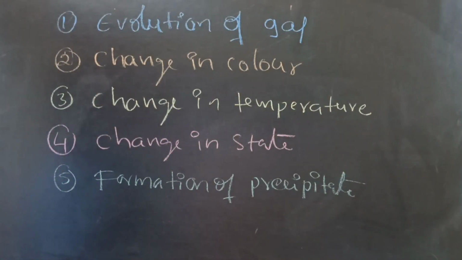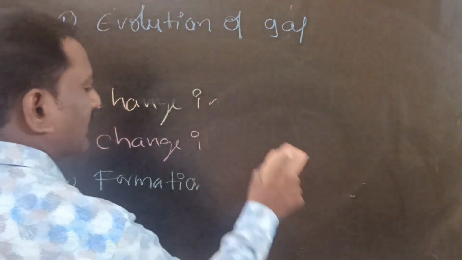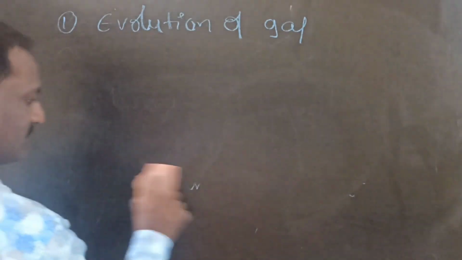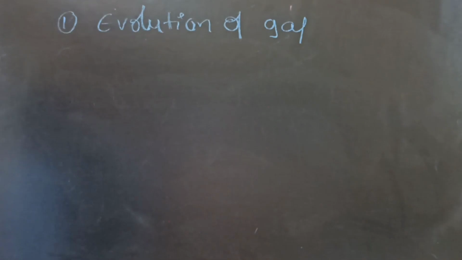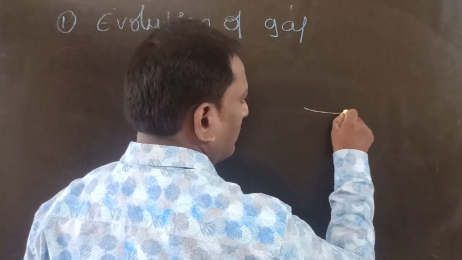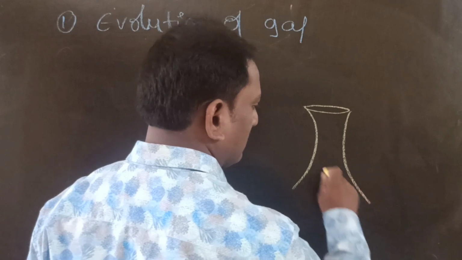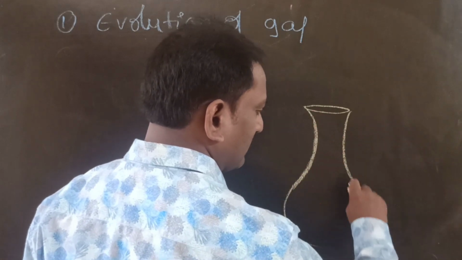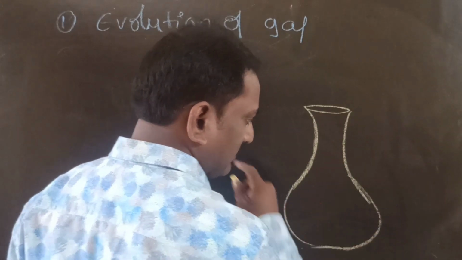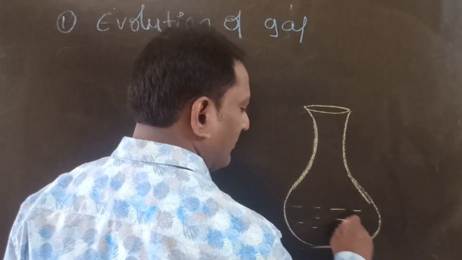Evolution of gas. Some chemical reactions are characterized by evolution of gas. Example: take one conical flask, which consists of a few ml of